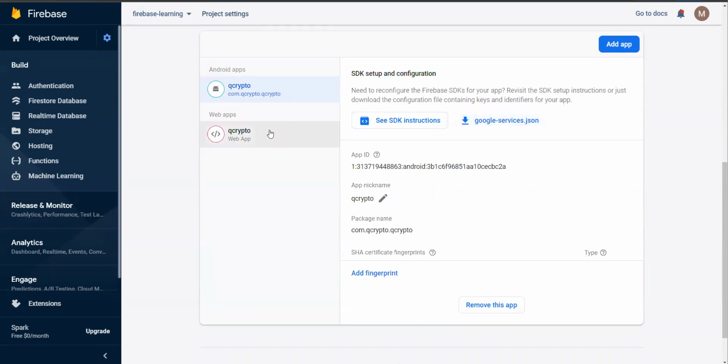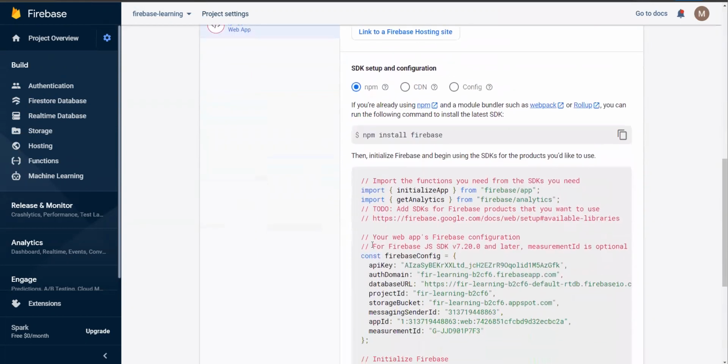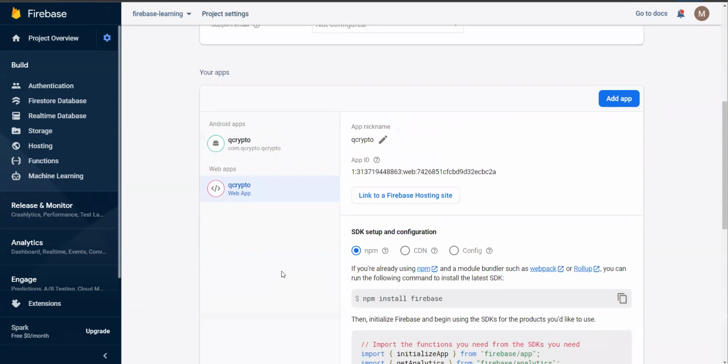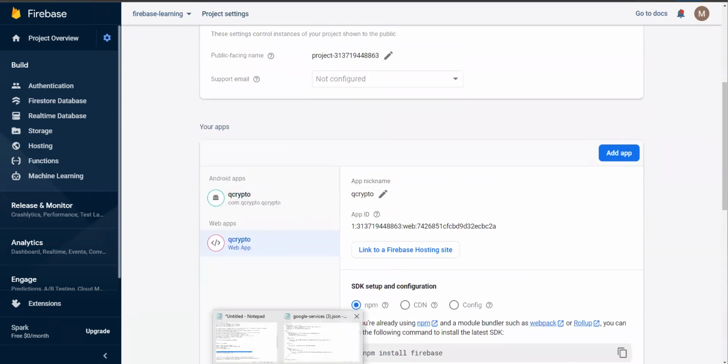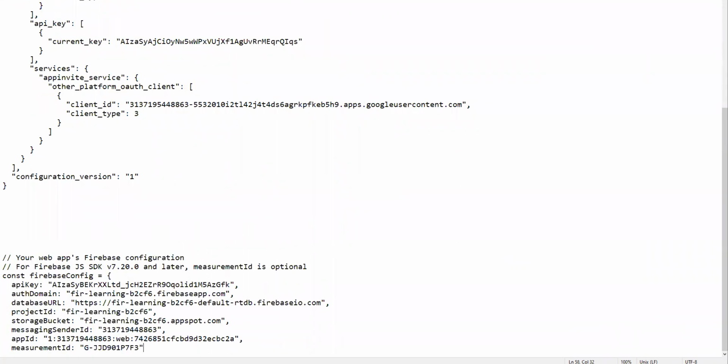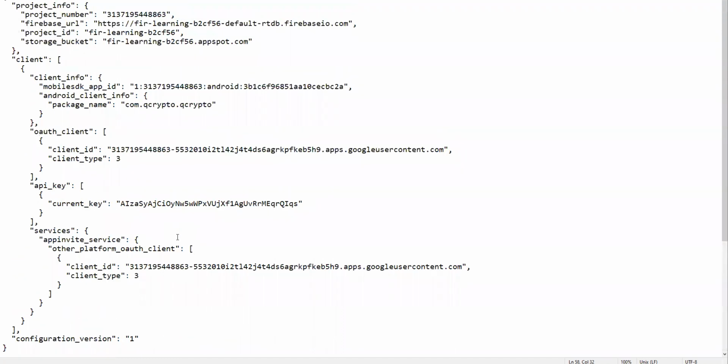Click on it, it'll download it, and then you need to copy all of this and paste it in a notepad. So this is the JSON file, and at the very end, just paste it. You don't have to do anything with this, just paste it. Now, please don't use this because I will delete my Firebase account after this video series. Don't worry about it. You just need to use this detail.